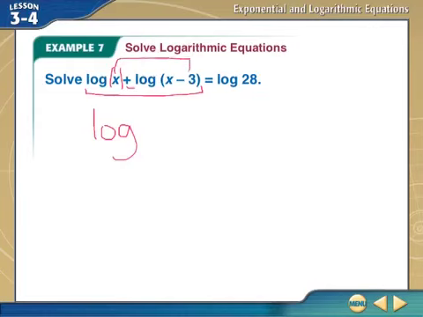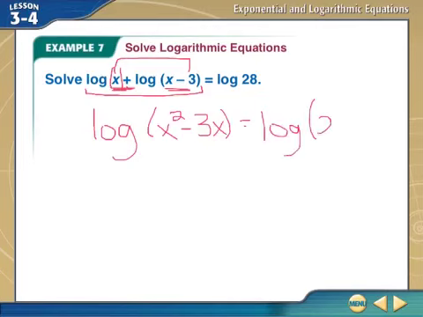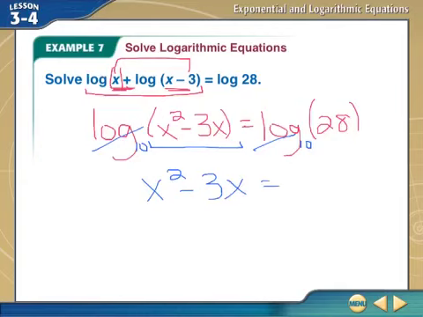So if I multiply my inputs, which are x and x minus 3, I would get log of x squared minus 3x by multiplying x times x minus 3. And the other side is just going to stay log of 28. Now, when we get down to a single logarithm on both sides, as long as our base is the same, which in this case it is, it's common log on both sides, or base 10, those cancel out. Our logarithms would cancel out, and state that x squared minus 3x is equal to